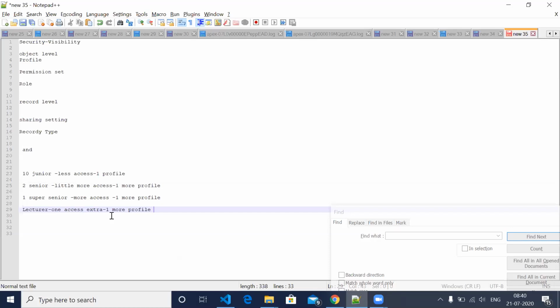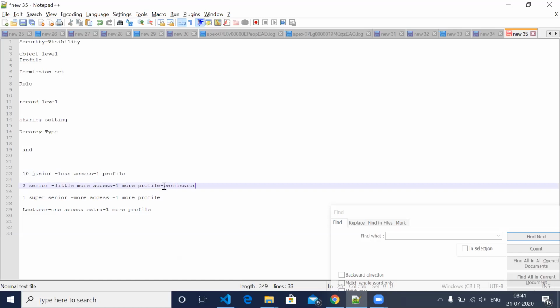Okay. So what we can do here is create a base profile. Once I create this profile, the second thing I can do is, instead of creating one more profile, I'll create one small permission set.